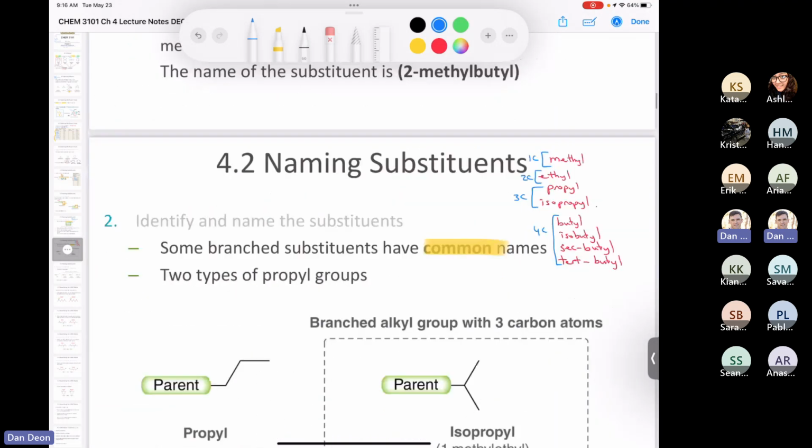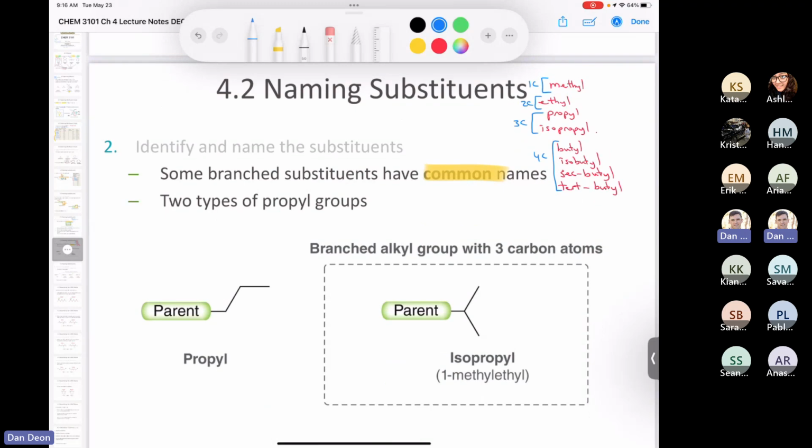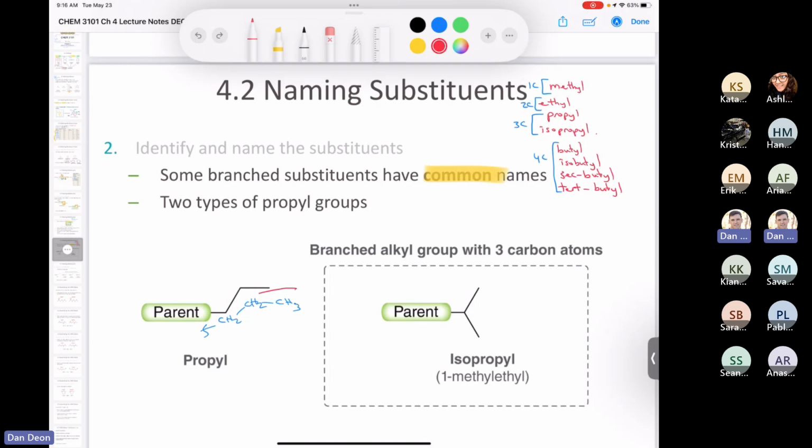Okay, so let's go over them. We've already covered the methyl and the ethyl. We've also covered the propyl, right? The propyl, as I told you before, was CH2, CH2, CH3, right? There's no arguing the propyl group. So the thing is that the formula of this group here, maybe I'll just circle what's in blue here. The formula of this is C3H7.